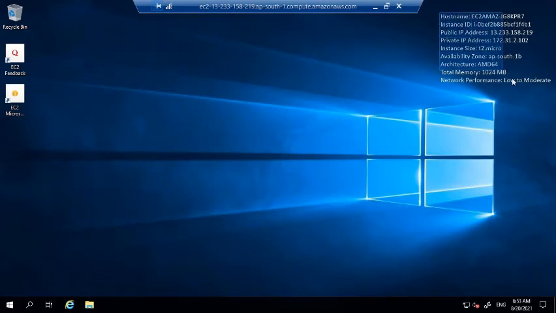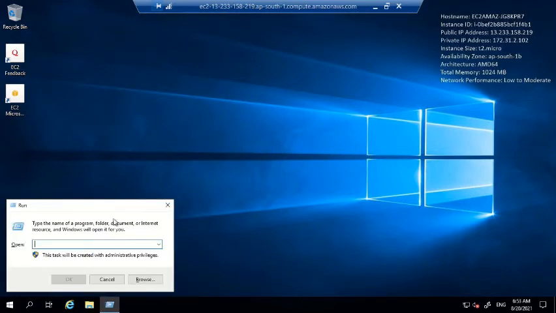As you can see, here are all the details regarding this computer. This is the host name, instance ID. This computer is being hosted on this IP address, and it has offered us 1024 MB of memory, which is 1 GB of RAM. So this desktop has 1 GB of RAM. Let us move to the run.